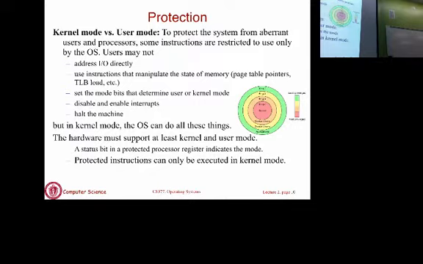Whenever the kernel is executing on the CPU, the mode bit is set to kernel mode, so that it can execute all of those instructions. It can halt the machine if it wants to. It can throw interrupts. It can access I/O devices and so on. So one simple way to implement protection is to implement these modes. Basically, that's simply a status bit. If the status bit is set to 0, let's say you are in kernel mode.